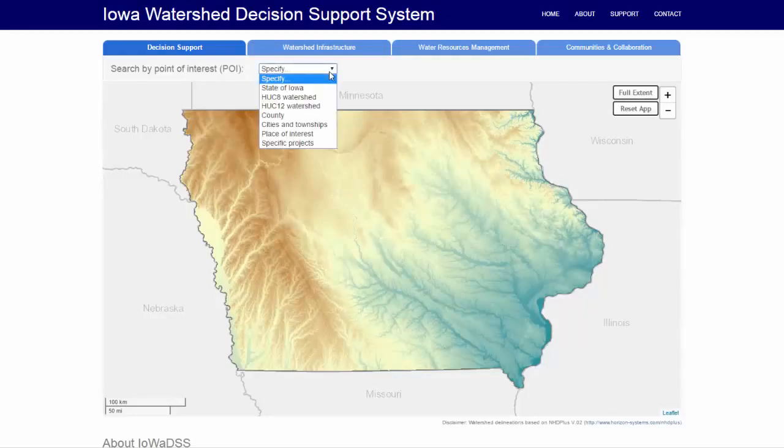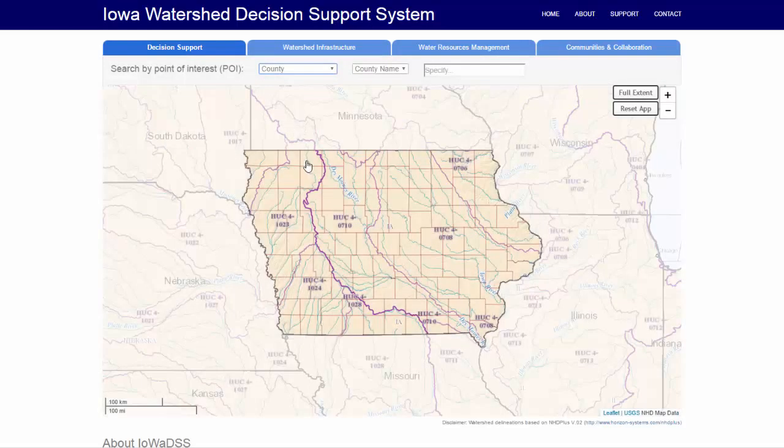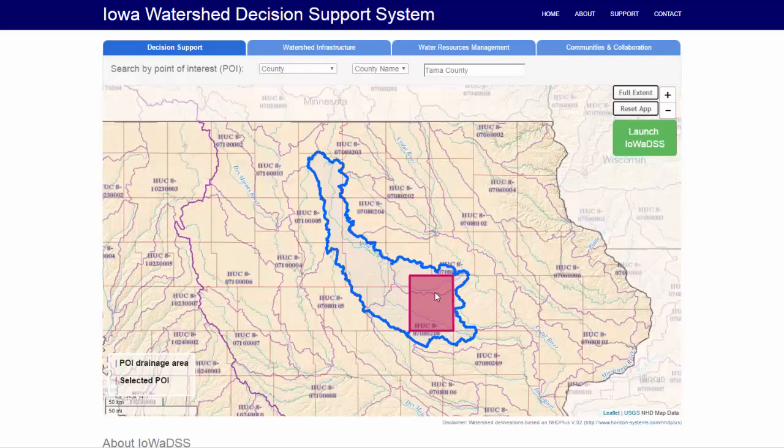As another way to search by your point of interest, you can search by county units. By hovering in, you can either search by the county name using the autocomplete, or you can hover over the county you'd like to select and then click into the county. The selected county will be outlined in pink, while the drainage area will be outlined in blue, showing the upstream